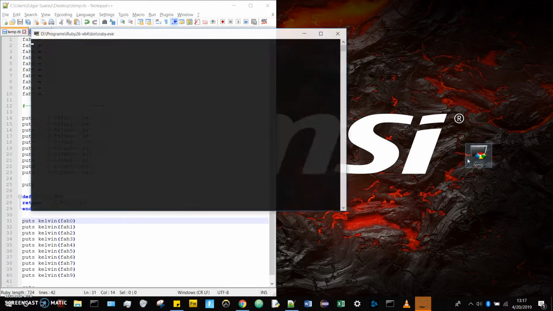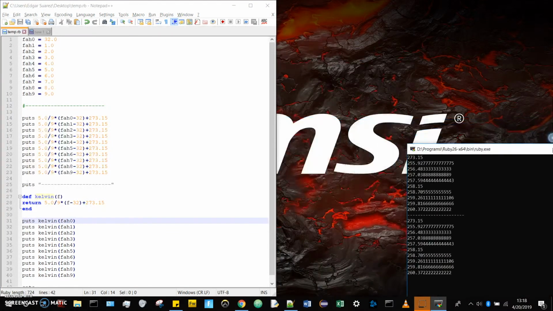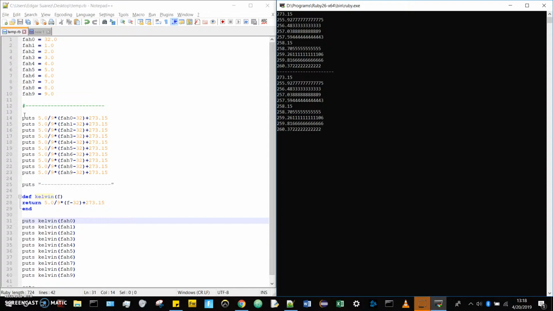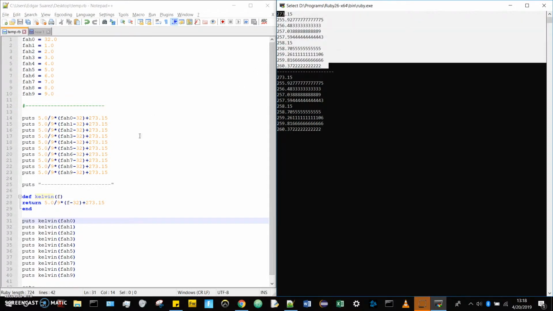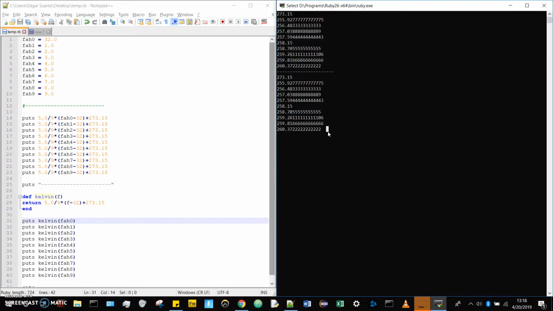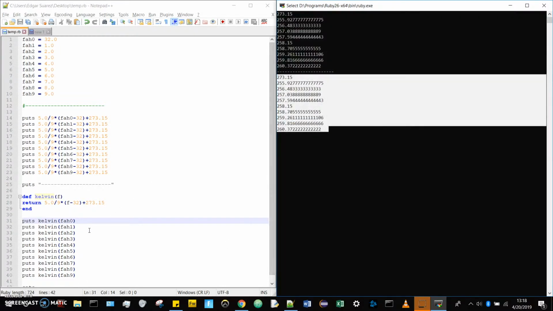As a demonstration, on the first half this is run, and it's the exact same output as whenever we run it with the procedures. The only difference is that from the coding perspective, it looks a lot cleaner and a lot more familiar to just read puts Kelvin instead of puts and then all these numbers behind it.